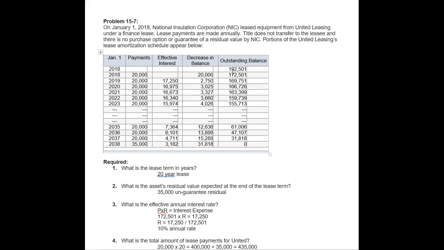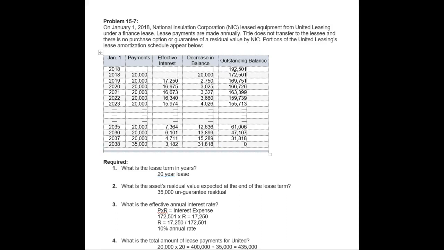But it's a receivable because this is from the lessor standpoint. The $192,501. We know that our total payments is $435,000. Every time we make a payment, a portion of it goes to interest, and the rest goes to decreasing the balance. So we know, since we can't add this column, we know if we take the total payments of $435,000